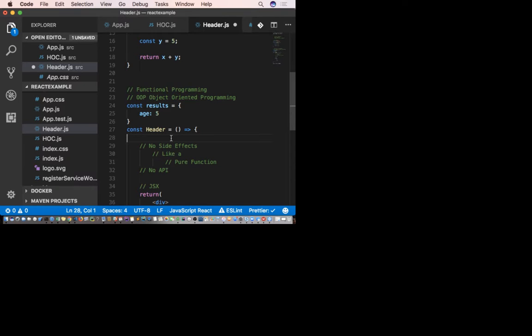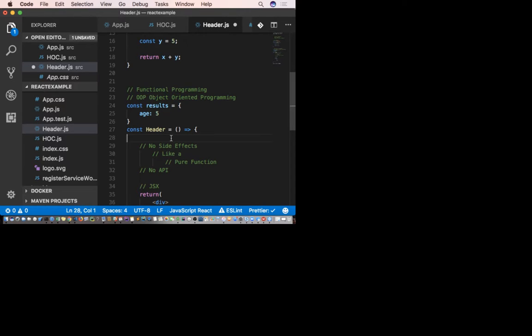Here's what we're talking about. We're talking about three types of component. We show you functional component, which is what we're talking about now. There's higher order component, there's class component. The functional component should have no side effects, which means it should not inherit any global things. Everything should be calculated within it. It should not have any API. An API request is technically considered a side effect as well.